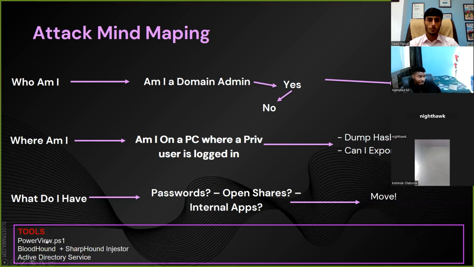And the major tools in this sphere are PowerView and BloodHound. We might look at the demo on BloodHound if time permits. BloodHound and the SharpHound ingestor help you to visualize the Active Directory environment in a graphical user interface where you can see the connections and the interactions between all the objects in the Active Directory network. So yeah,